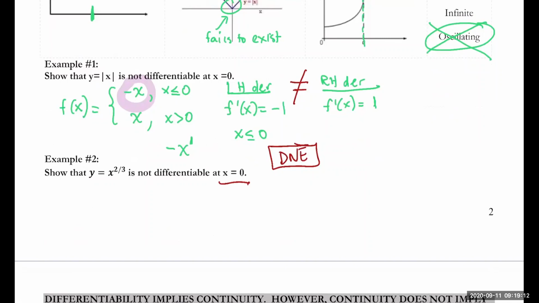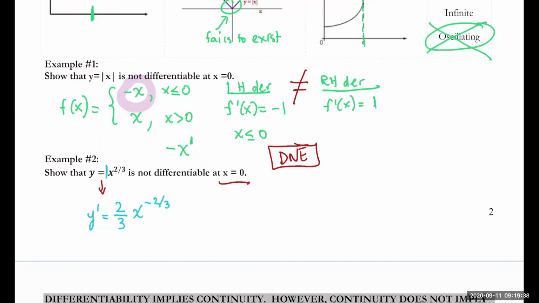There are no two pieces to it, so we just apply the derivative. Y prime is another way of saying derivative. Bring down the exponent and multiply it by the constant out front, which is 1. So 2/3 times 1 is 2/3, x to the